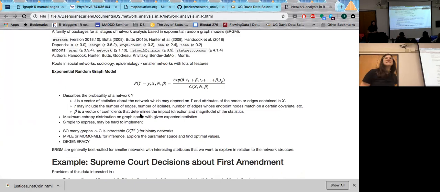Okay, so what's an exponential random graph model? It's a pretty simple model to state. It basically says the probability of observing some network Y, given some covariates in X, the size of the graph, so that's fixed, which is N for N nodes, and then some coefficients, is just this simple expression,